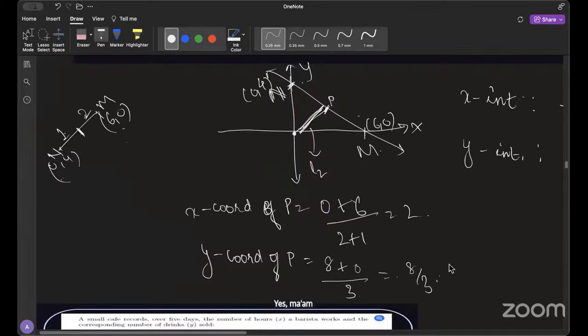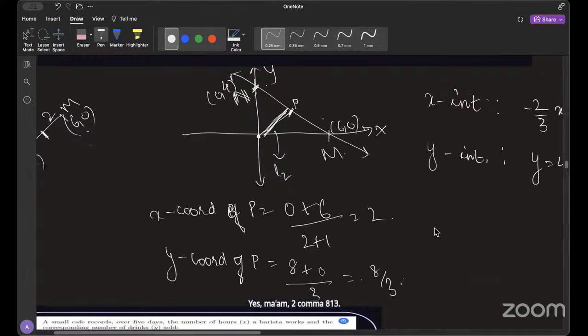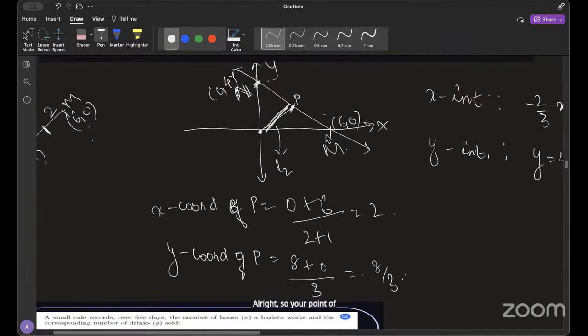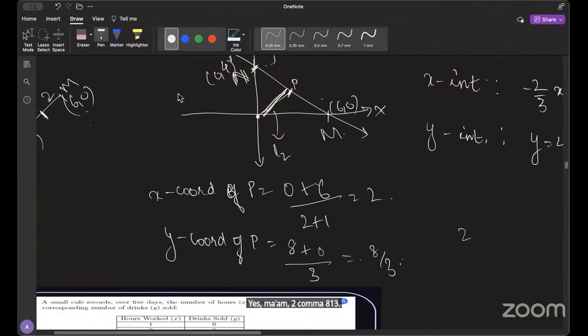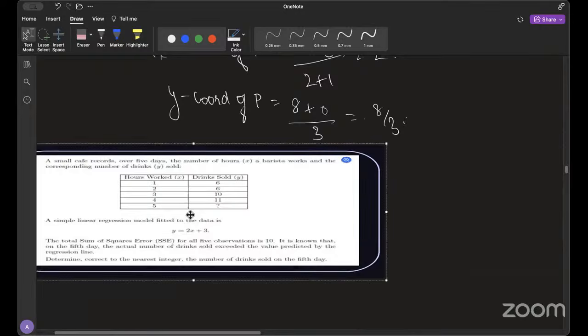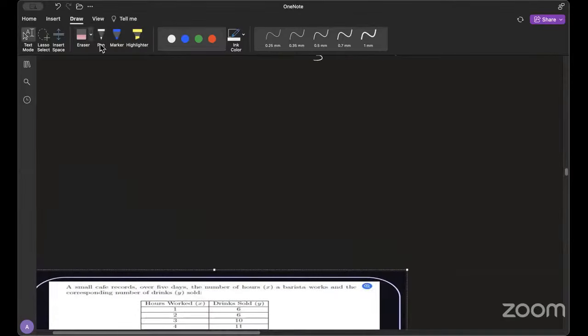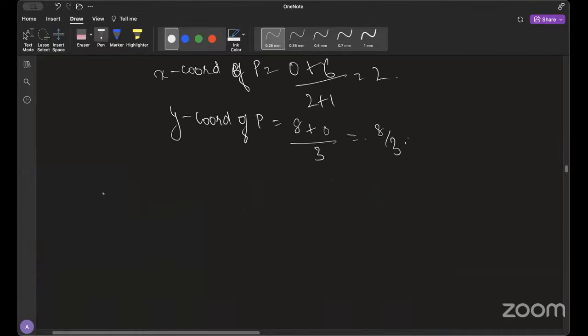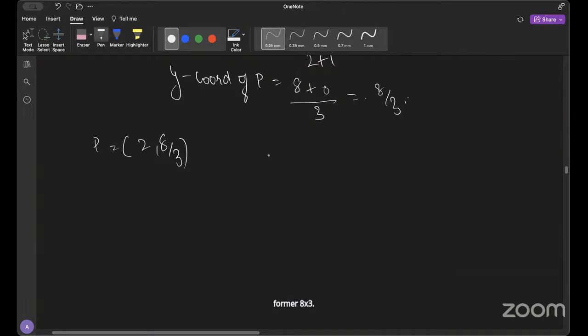All right. So this point P is 2, 8 by 3. And you have to find the line joining 0, 0,